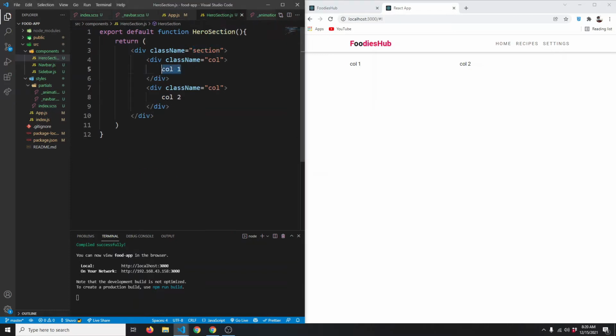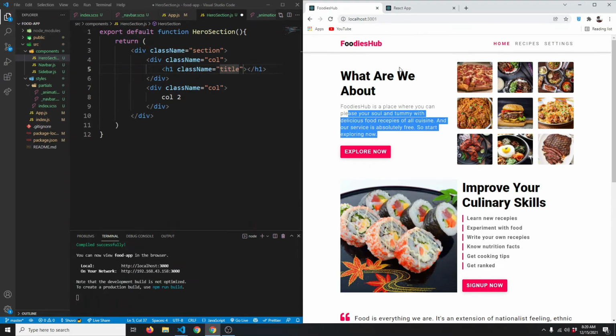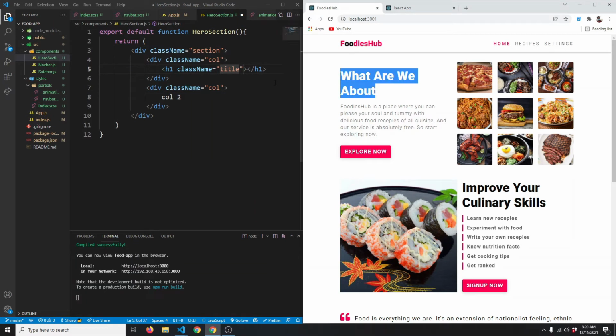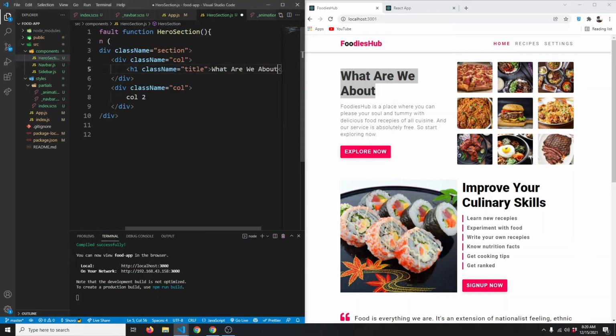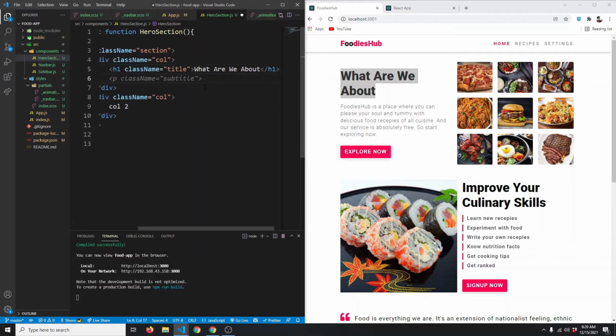So first we are going to have an h1. Let's give it a class of title, so className equals title, and we can copy the text. So what are we about? Ctrl C, Ctrl V, and after the h1 text we are going to have a paragraph with the class of info. Let's say className will be info,